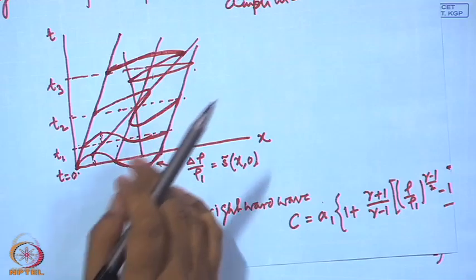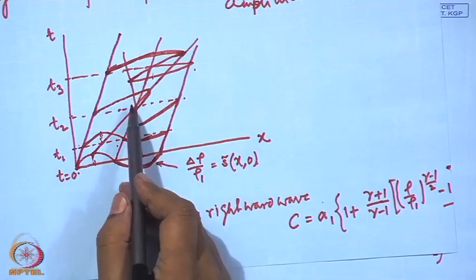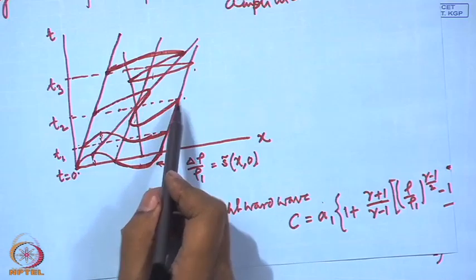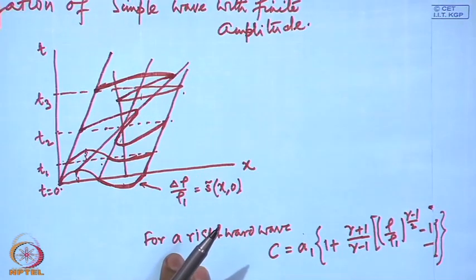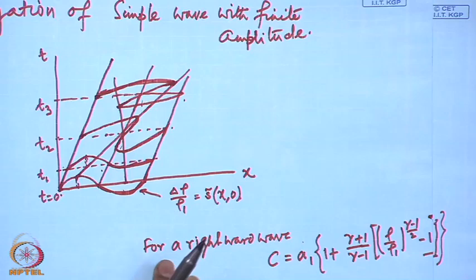The simple reason is that considerably well before this situation occurs, the velocity and temperature gradients reach such a high value that the viscous effects and the heat transfer effects are not negligible, and the diffusive actions are considerable, and their effect will be such as to counteract this steepening tendency.